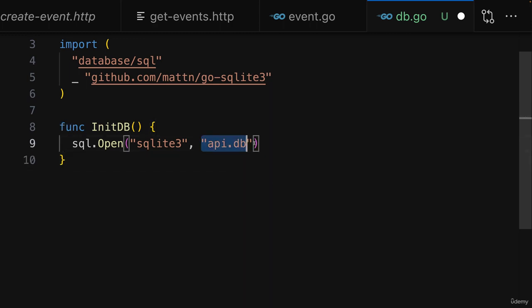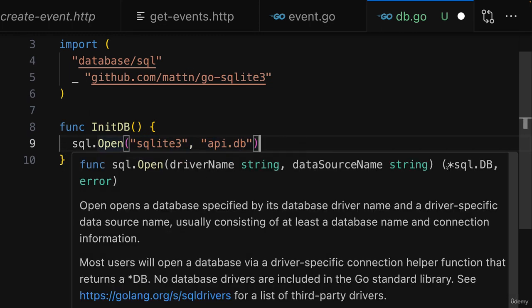And all the data will then be stored in that file, but we'll be able to interact with that data in that file by using SQL queries. That's the amazing thing about SQLite. So that's how we open such a connection, and open then returns a pointer to the database, you could say,